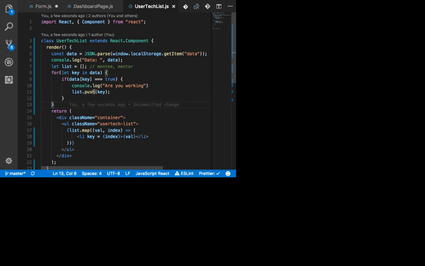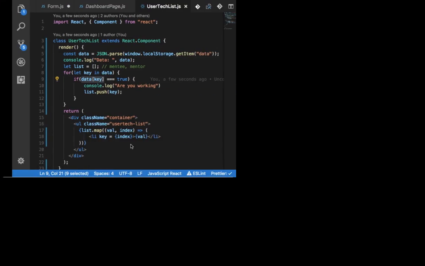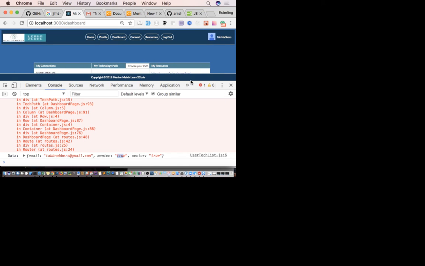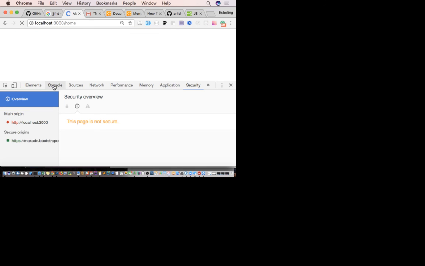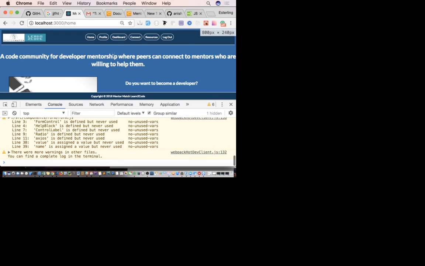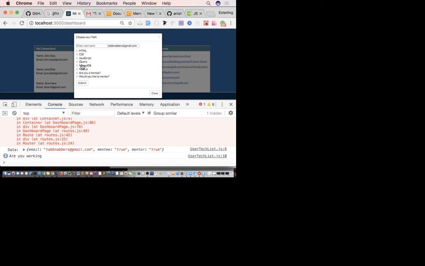Okay, so that's good. That means this logic is not the same, and the whole reason is because the true is a string. Check this one out. Let's see if that's the case. Okay, that would be quite interesting. Dashboard. Yep, it's working. You see that? So I'm going to push that back. All right, so let's try it.